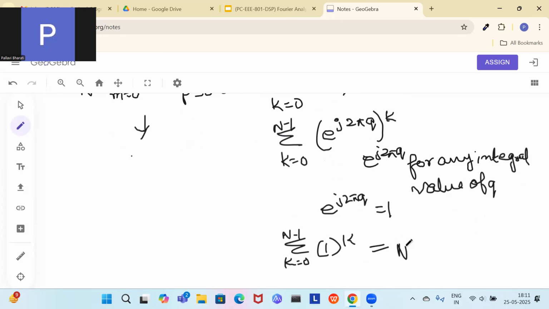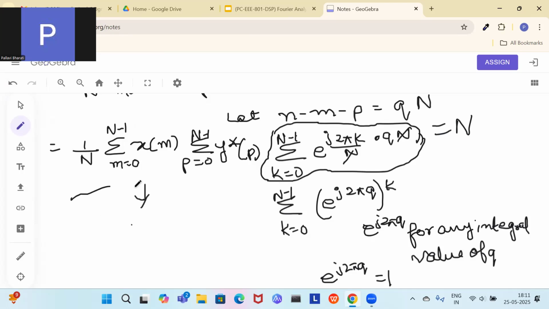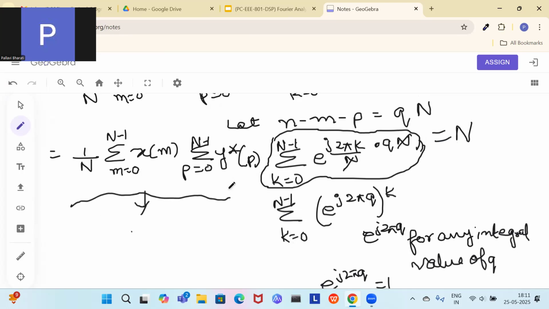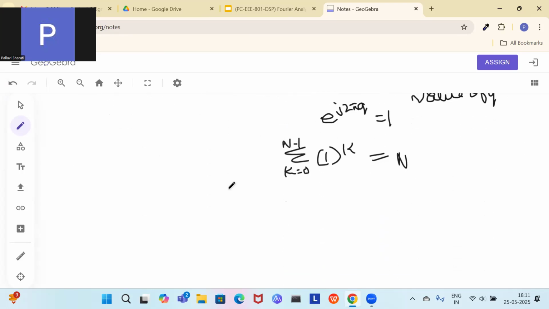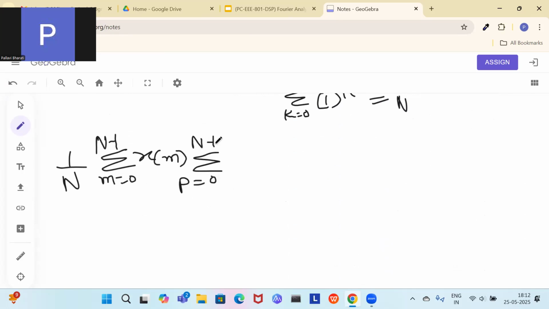So the answer is going to be N. Now if you see this whole portion here, this part is equal to N. So now when I copy this full thing, at the end it's going to be 1 by N, m equals 0 to capital N minus 1, x of m, p equals 0 to capital N minus 1, y star of p